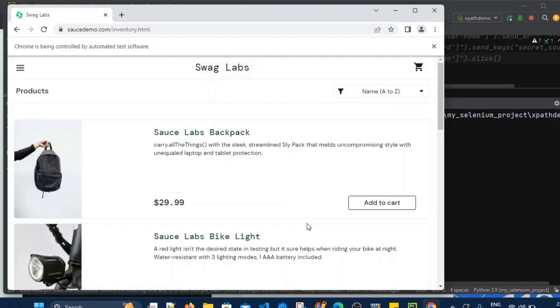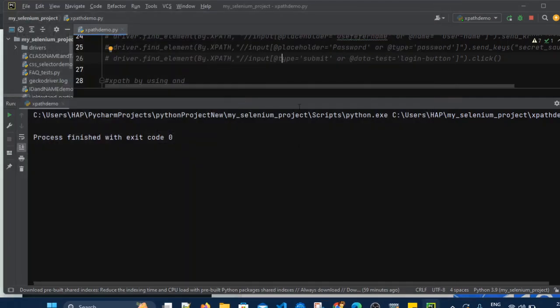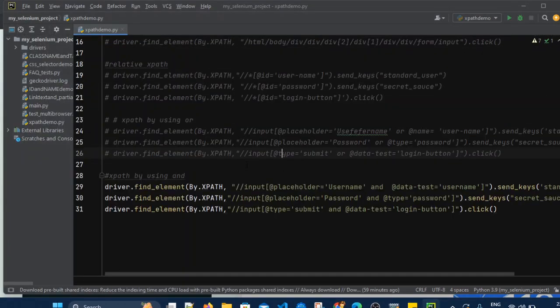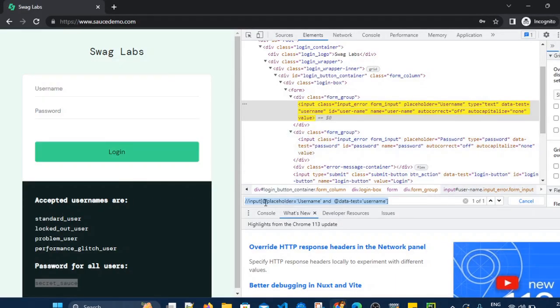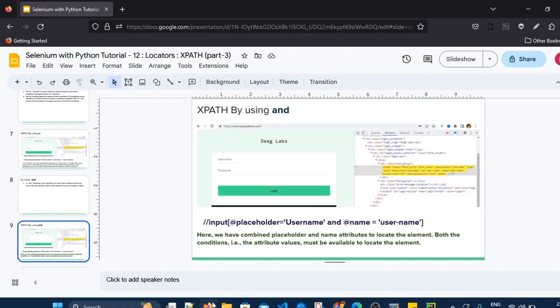So it is perfectly logging in. That means these are true. So this is how we can use the AND operator to find XPath, where multiple conditions need to be matched. If both conditions are matching, then only it will be able to find that element correctly.